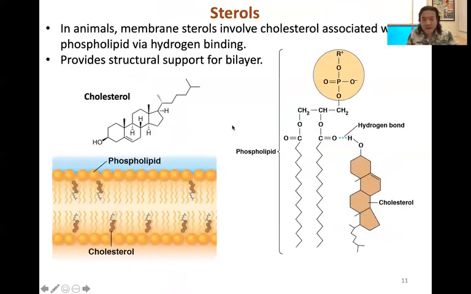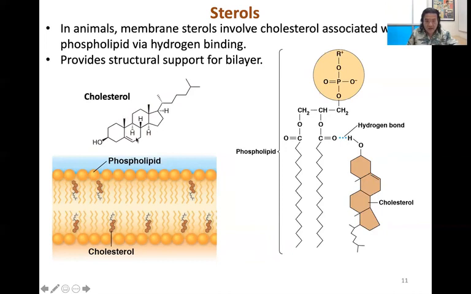All right. Another group of membrane lipids are the sterols. So sterols are long chains of hydrocarbons as well, but in this case, they're wrapped up as rings. Just because something's in a ring doesn't mean it's no longer a hydrocarbon. I know we tend to think of hydrocarbons as long chains, but things can wrap up into a ring structure and it's still a chain